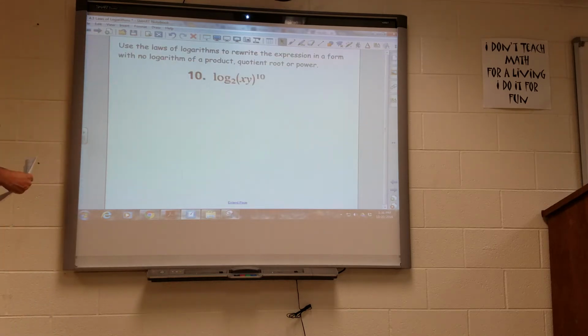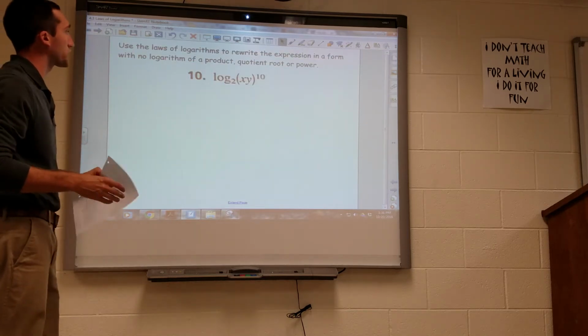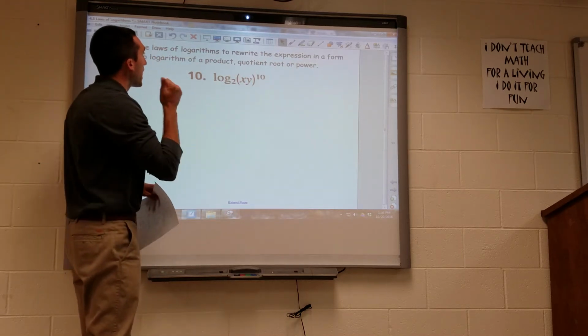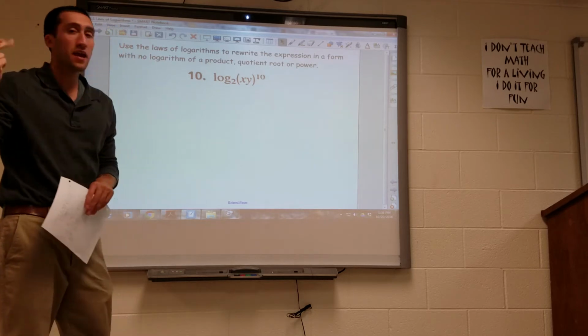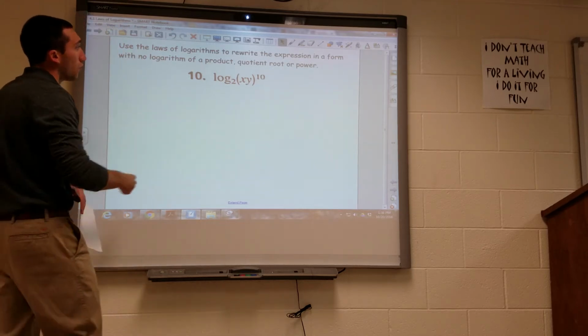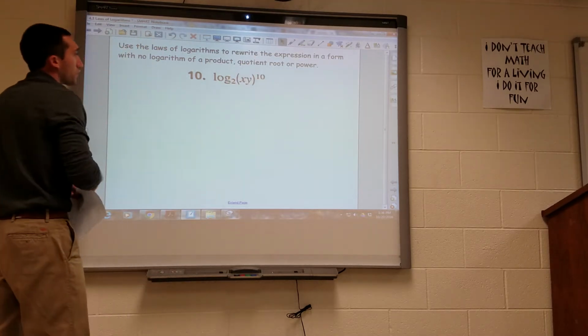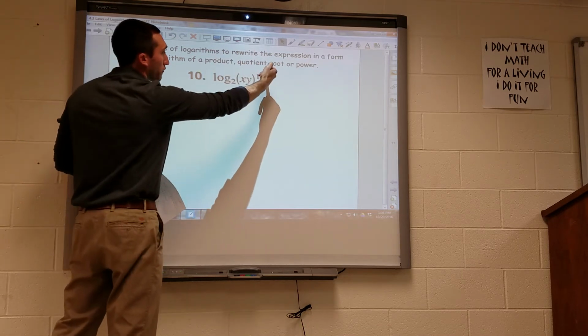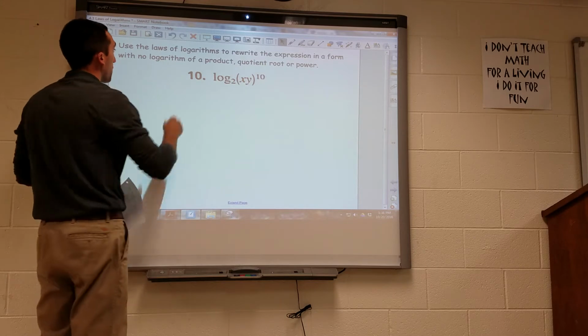Next, use the laws of logarithms to rewrite the expression so we no longer have any multiplication, any division, or any power, or any root as well. So in this case, we have x times y, and we also have raised to the 10th. So I'm going to rewrite this